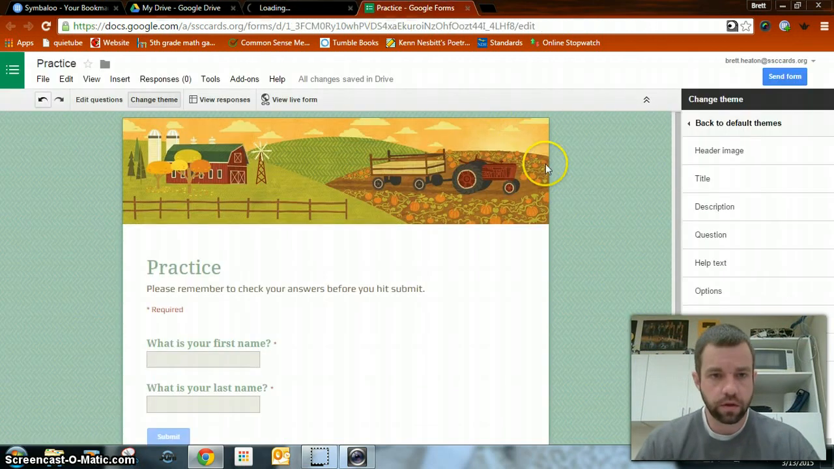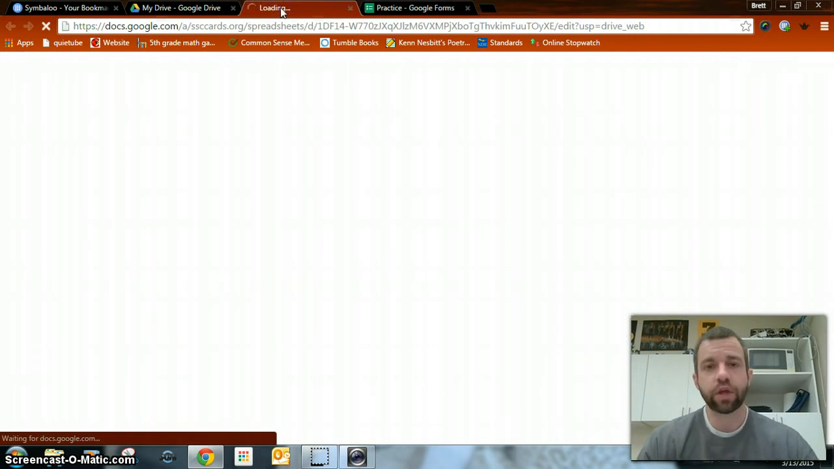See here. And if you want to change the theme, you can go back, you can change the theme again. You can get it to exactly the way you want it to look. Alright, and this isn't going to load, so what you'll have to do is once you run